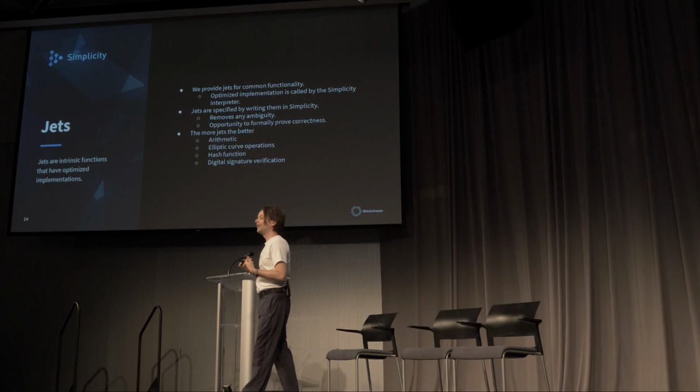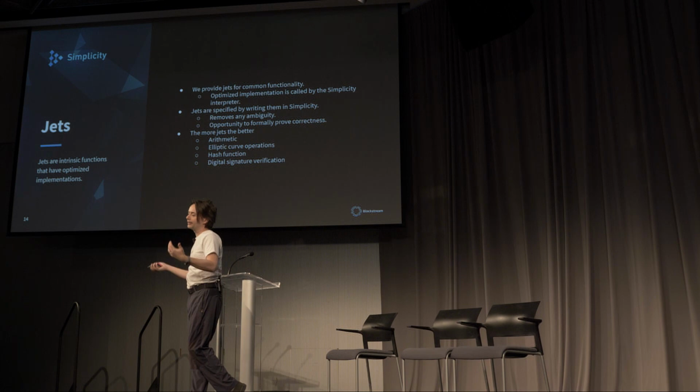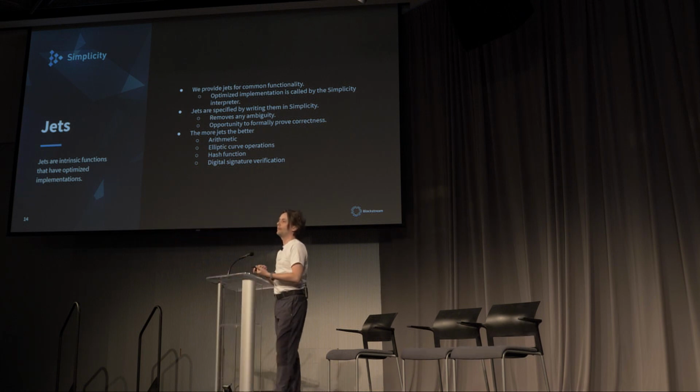But because we have this Merkleized abstract syntax, we can recognize common sub-expressions, and then we can modify the interpreter as an optimization step to say, aha, I'm about to perform a Schnorr signature verification. So instead of running the simplicity interpreter, we're going to call into libsecp and run the Schnorr signature verification through there and come back, right? This doesn't change the semantics of the language, right? But it does bring the operational costs down to a respectable level.